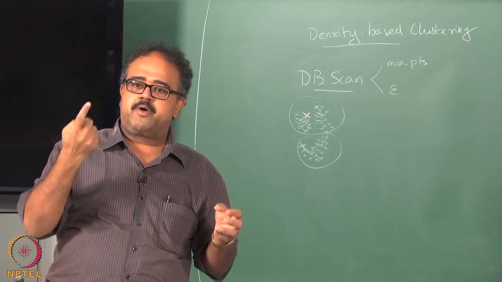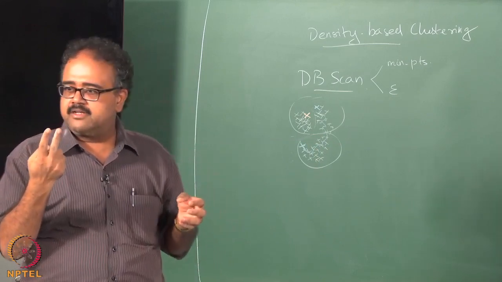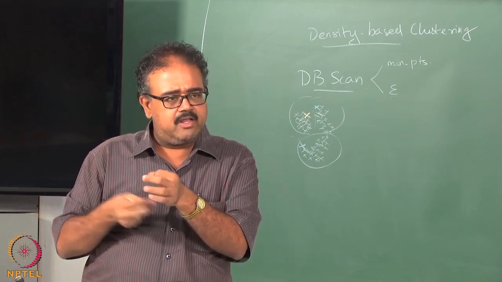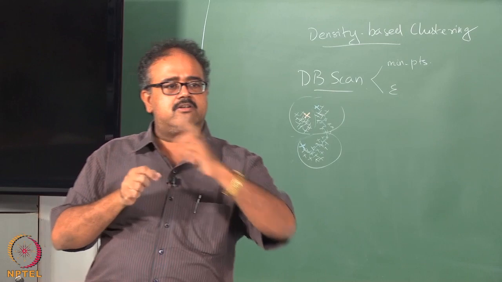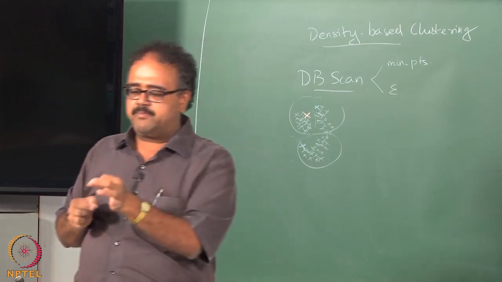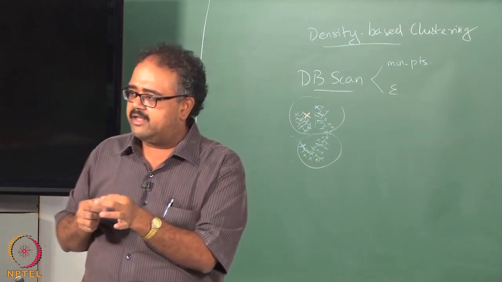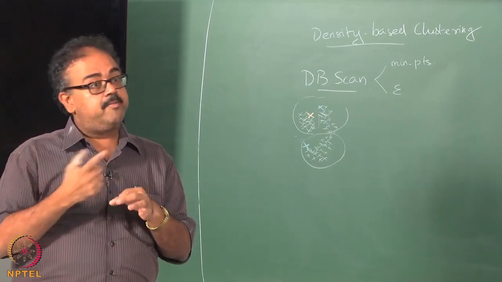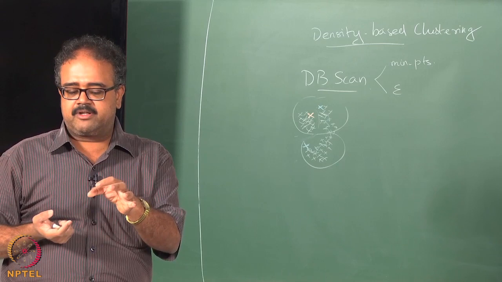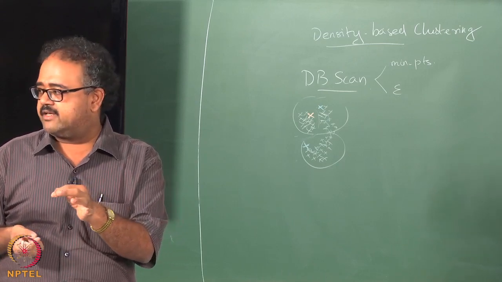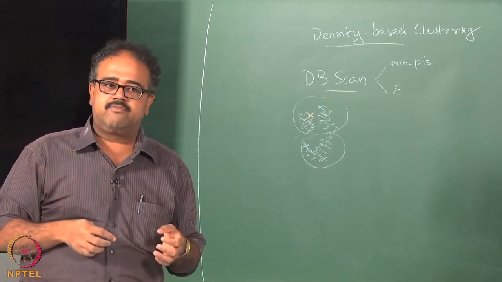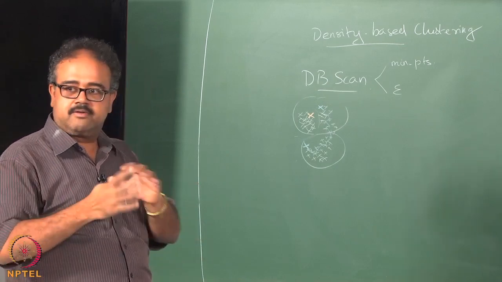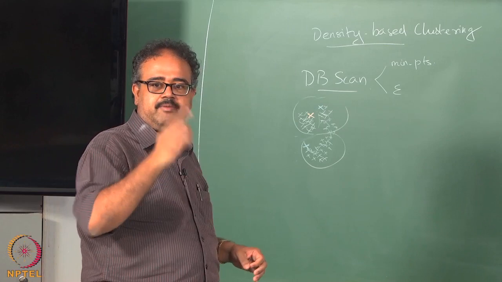Likewise, if I make my min points 1 or 2 points, that means everything will look dense, unless I make my epsilon very small. So these are actually complementary things. I can control my min points. I can make the min points very small and then make the density high, or I can make my min points large with a larger epsilon, and then also I can make my density high. The effects that you will see are different for both. So I will let you think about it: what is the effect of increasing min points